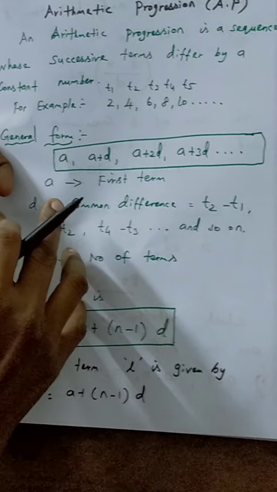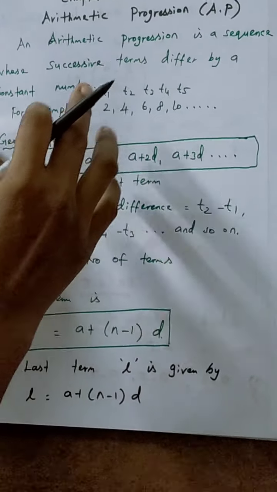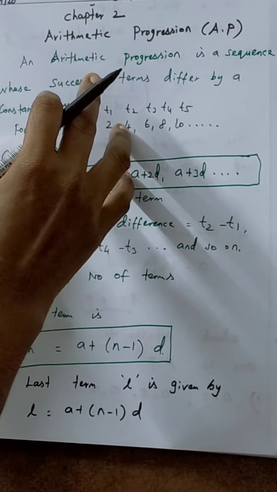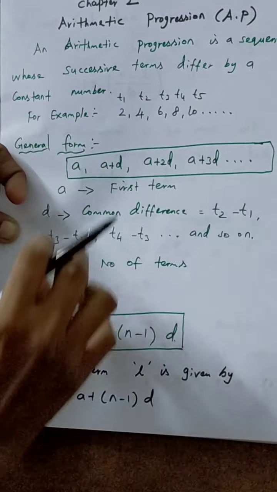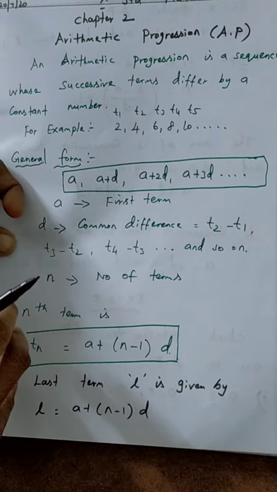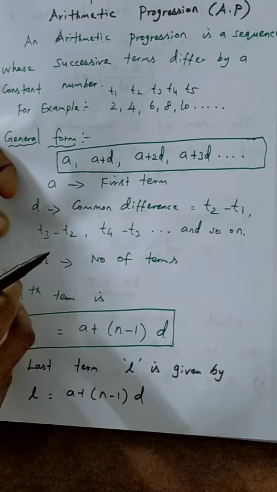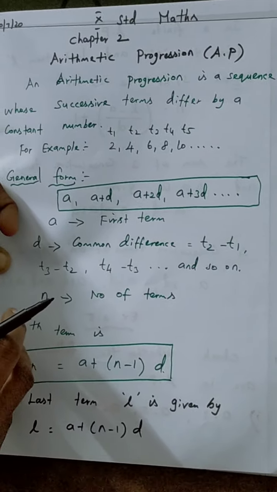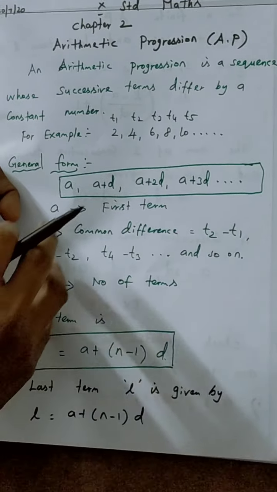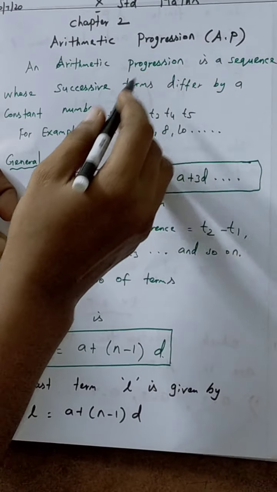In the previous class we learned what a sequence is, and then, when the terms are given, find the general form, and when the general form is given, find the number of elements. That is what we discussed in the previous class. The same is a continuation for the arithmetic progression also.